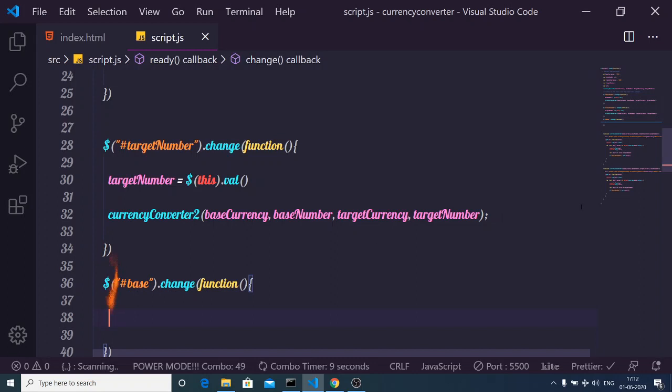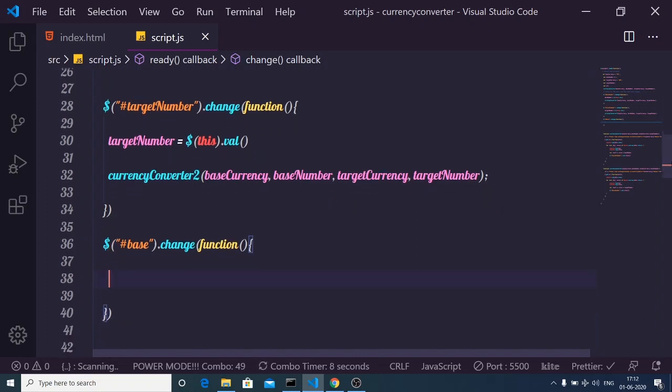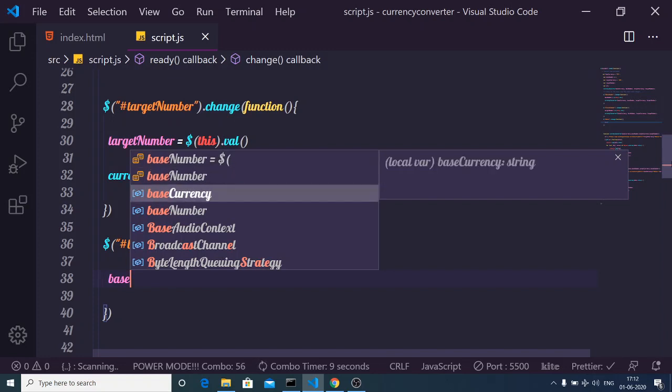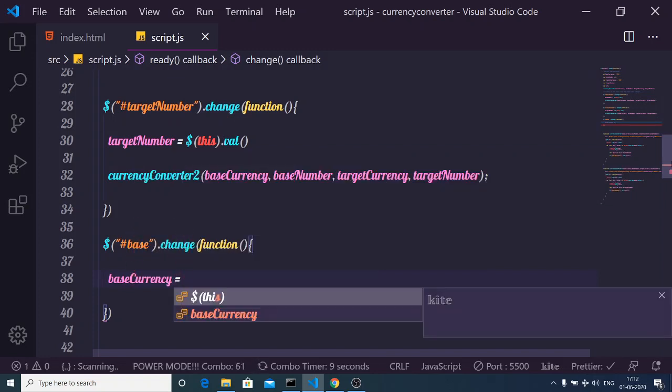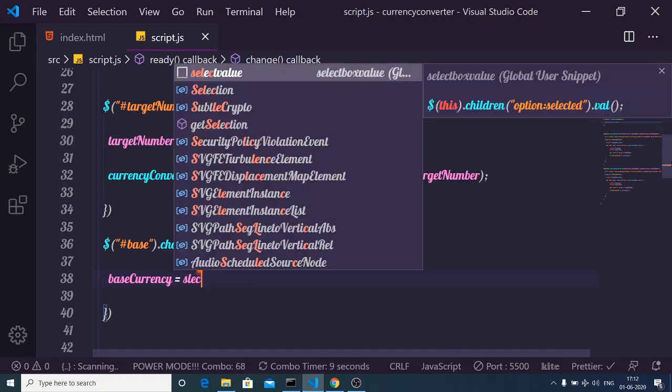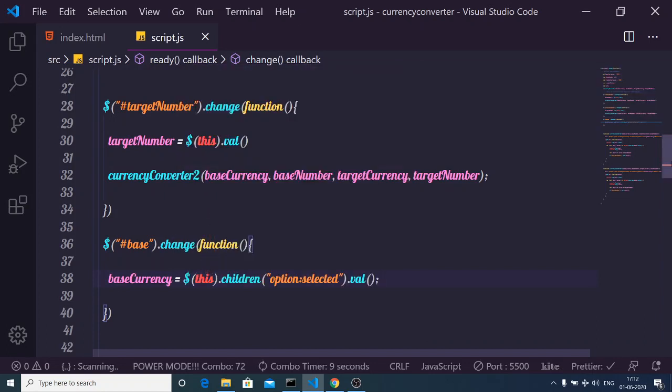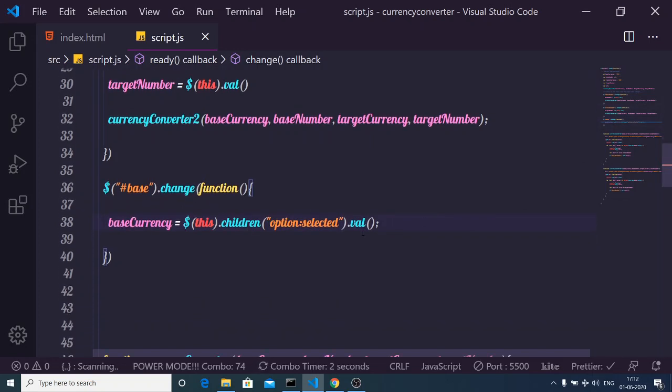Now in order to select this, the process is somewhat different. Let me just have base currency. For base currency, we will update the value. So this will be a dollar this dot children option colon selected dot val. This is a way by which you can select the value which has been selected by the user in a select drop down in jQuery.